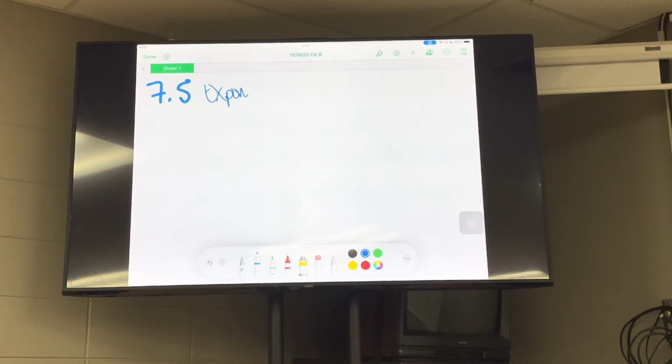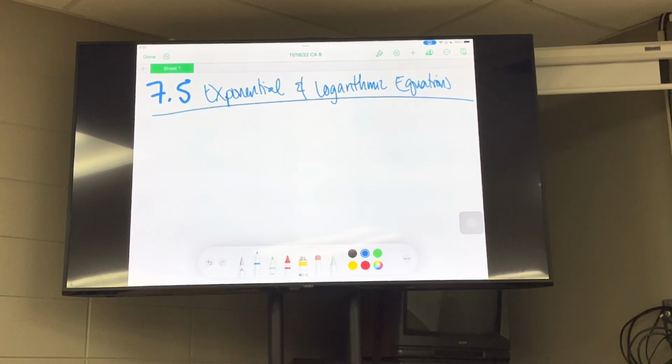7.5 deals with exponential and logarithmic equations. Exponential and logarithmic equations. To solve an exponential equation,